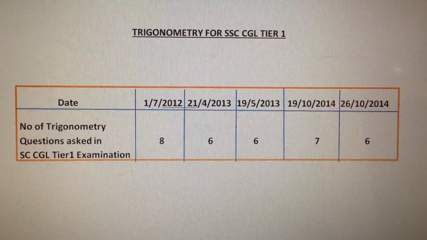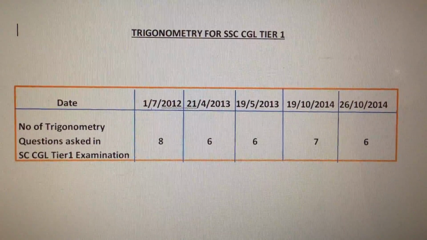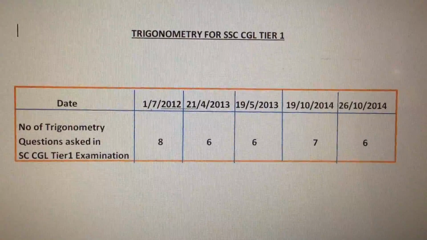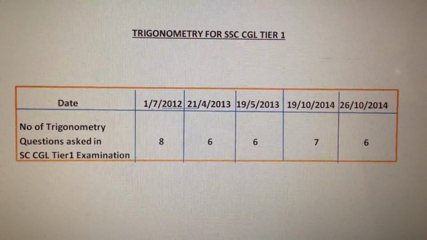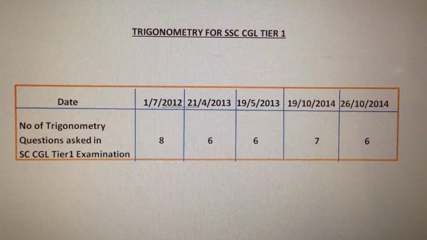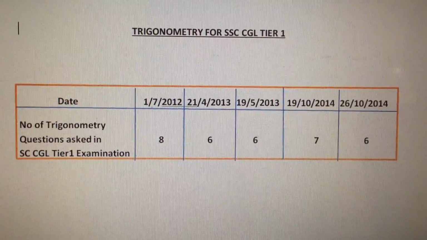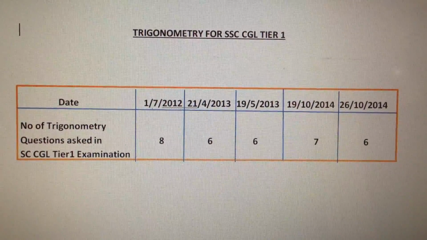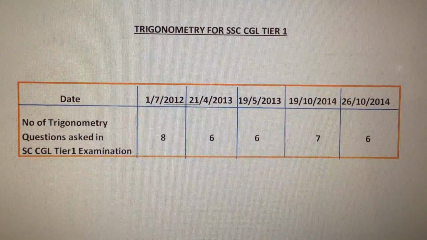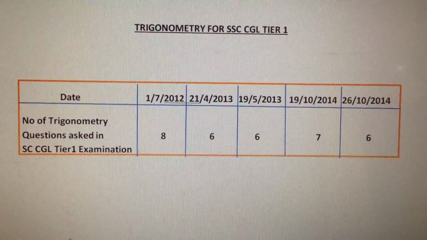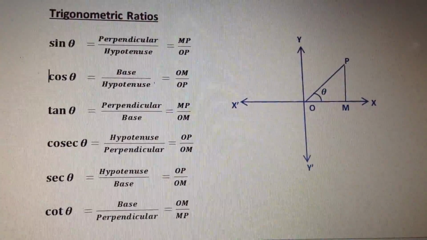You all know that trigonometry is all about knowing the formulae and applying them in the right place. As the number of questions asked is more than 10%, it is worth spending some time on this. The benefit you are going to get out of this is definitely more than the time you spend on them. I may not be able to discuss all the things, but I'll try to touch the important ones. Okay, let us start with trigonometric ratios.